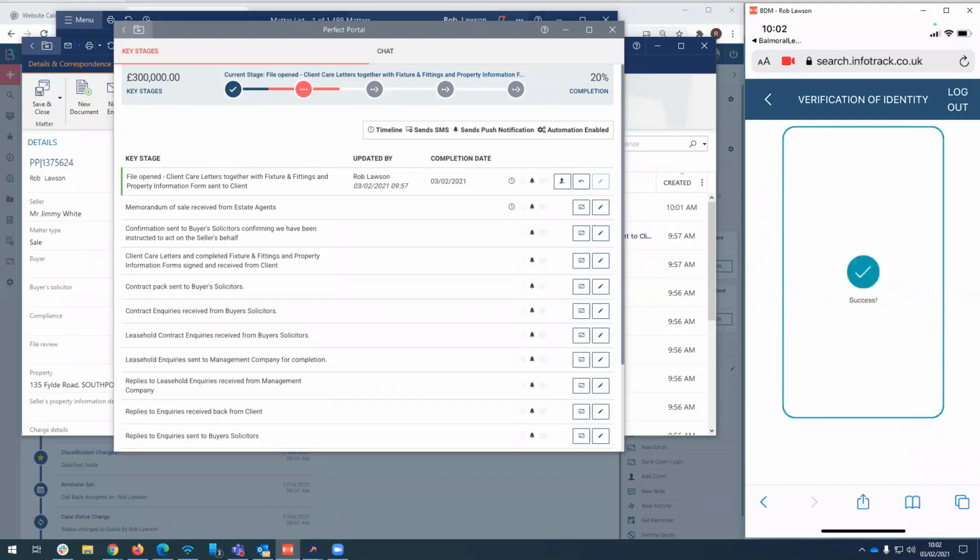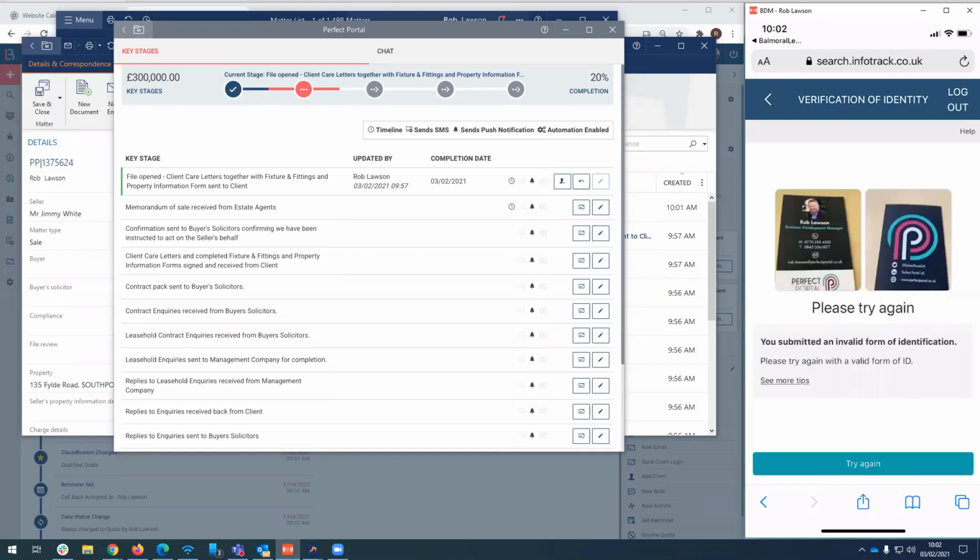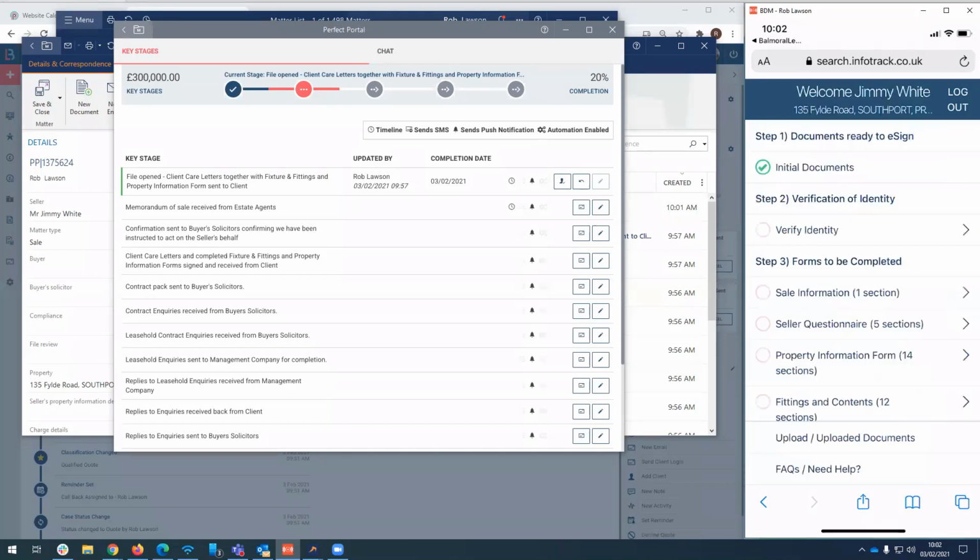And then it's analyzing the biometric data. It's been a success. It's now checking the identity card. It'll reject it, but that's how that process works. So I'll just go into